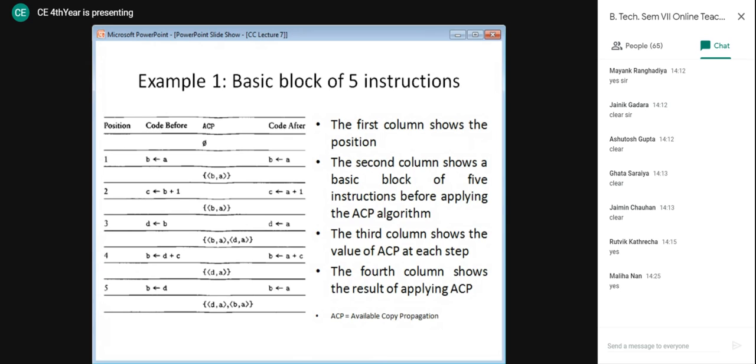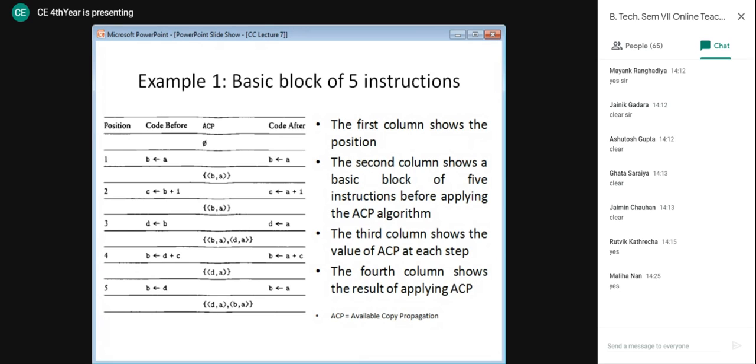Now why A? Why not B? In our ACP set, we are looking at position number 3. In this set we have another element added, which is D comma A, meaning A is to be replaced wherever D is. Why do we do that?